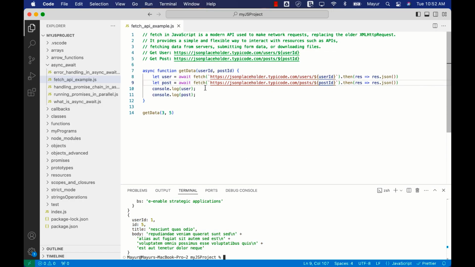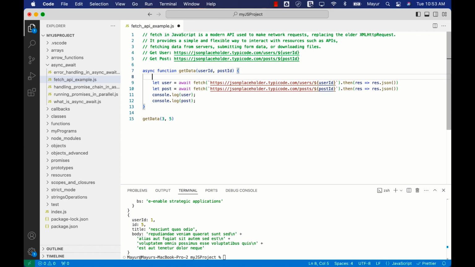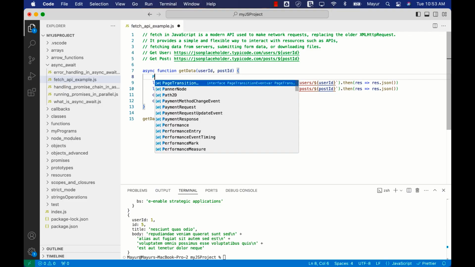Okay, now how can we club them together? Because we are using two await one after another. The second function call is not dependent on the first one, so we should be able to use the promise.all, right, so that we can run them in parallel. Can we do it here? Yes, we can. So we'll do promise.all,